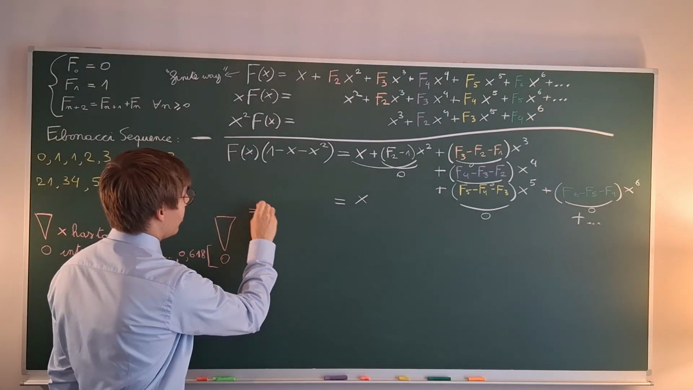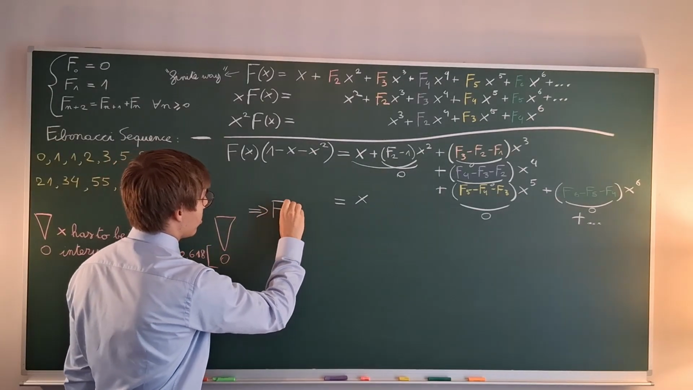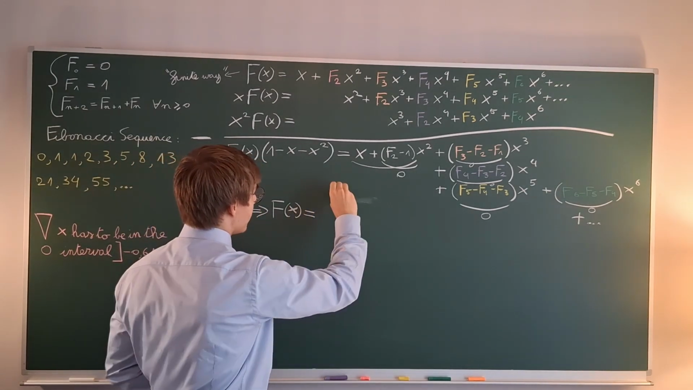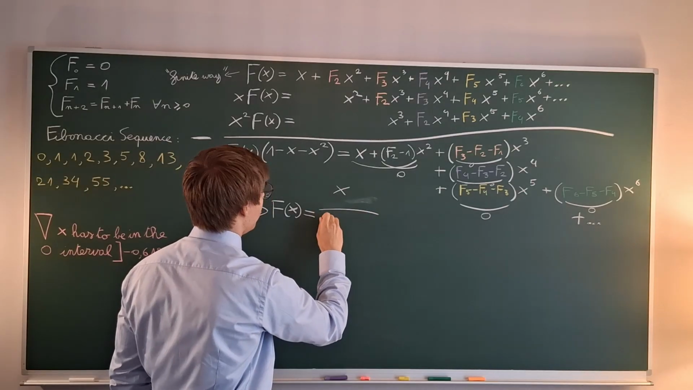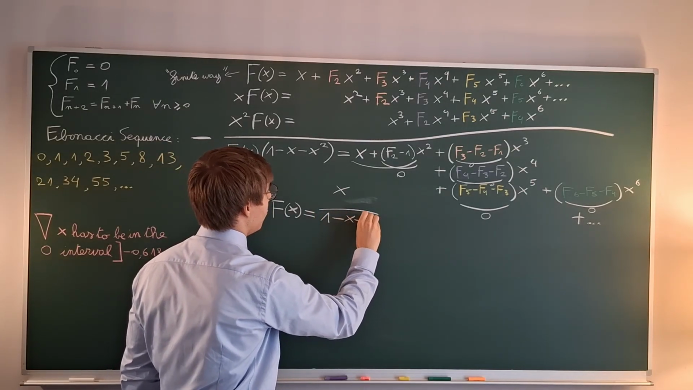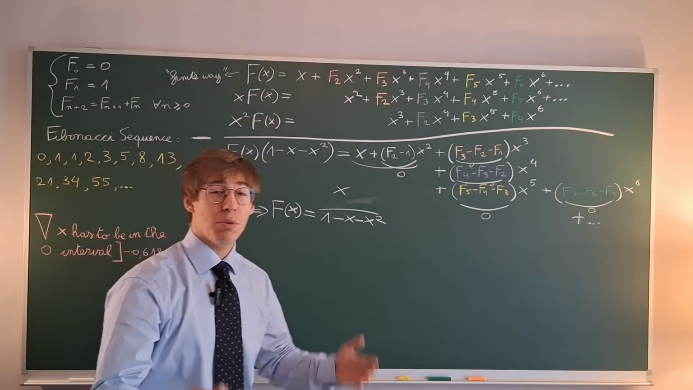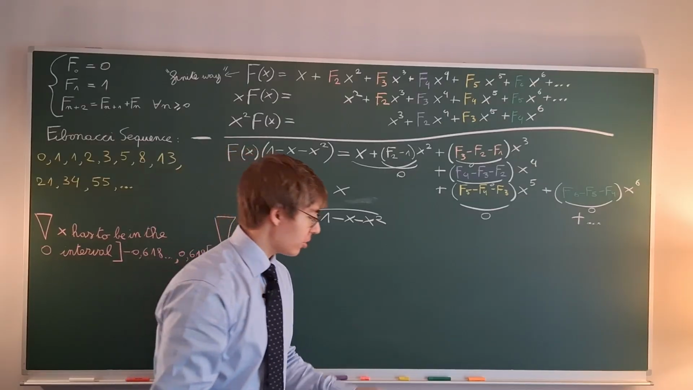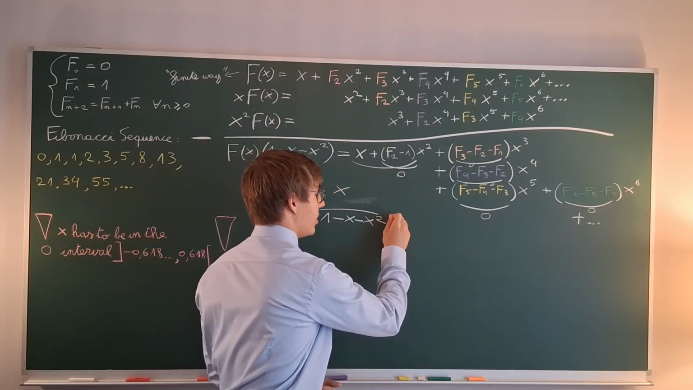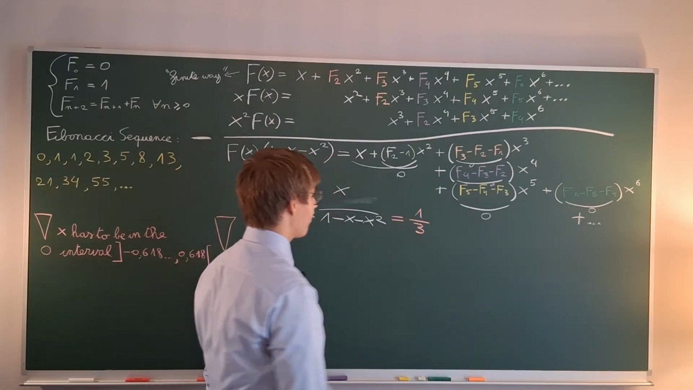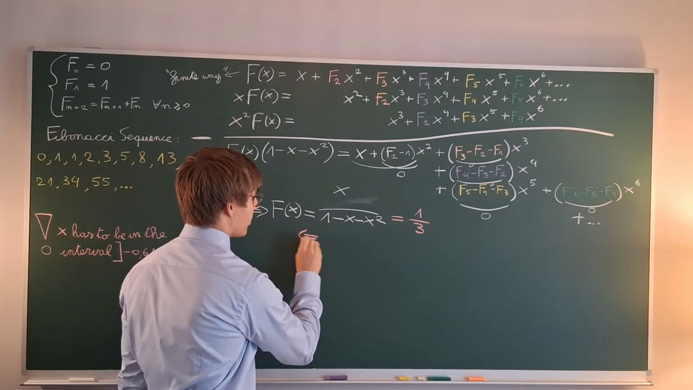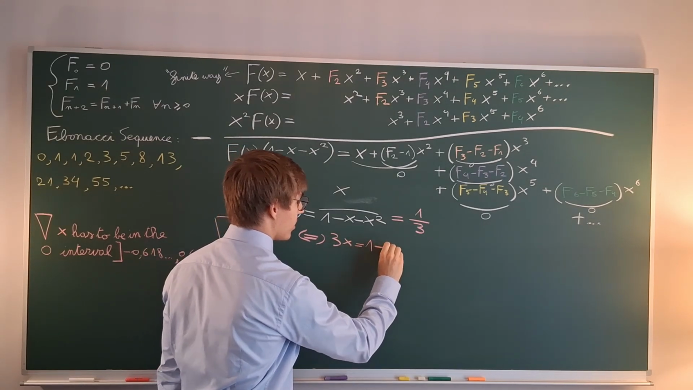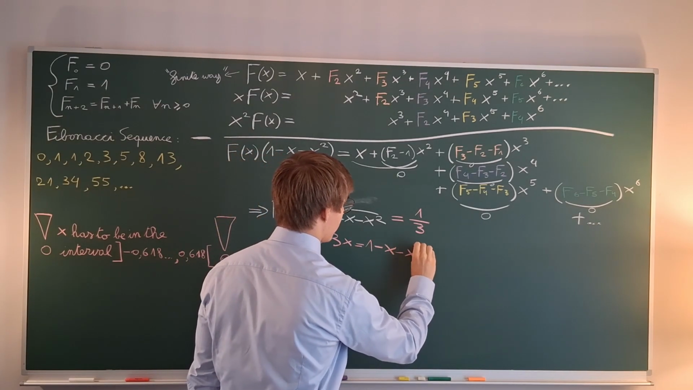And now we can solve that f of x should be equal to x divided by 1 minus x minus x squared. So we managed to write this infinite power series in a finite way. And now the problem becomes much easier, since we just need to solve this equation. This gives that 3x is equal to 1 minus x minus x squared,